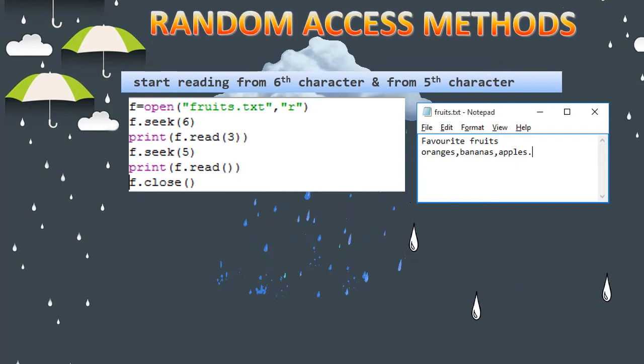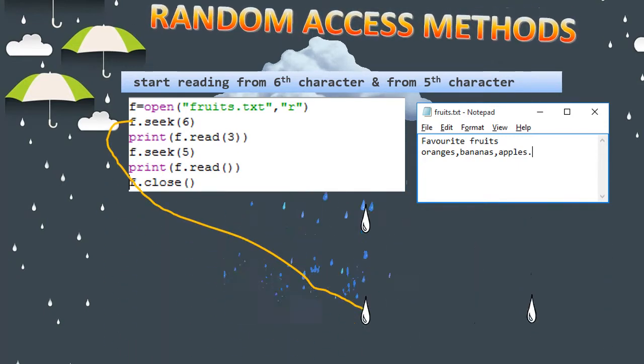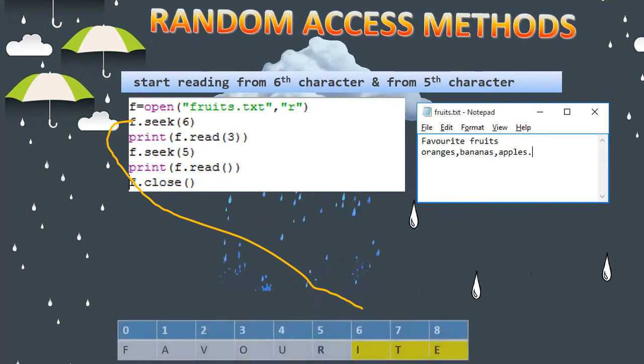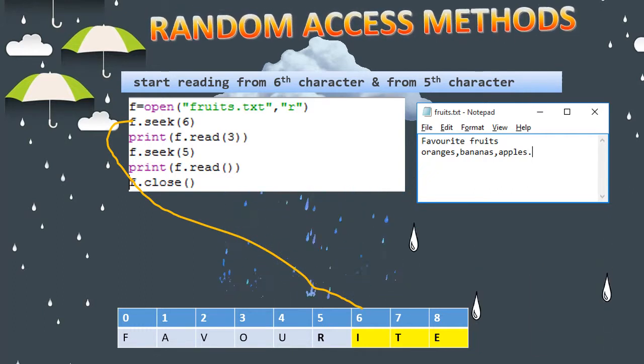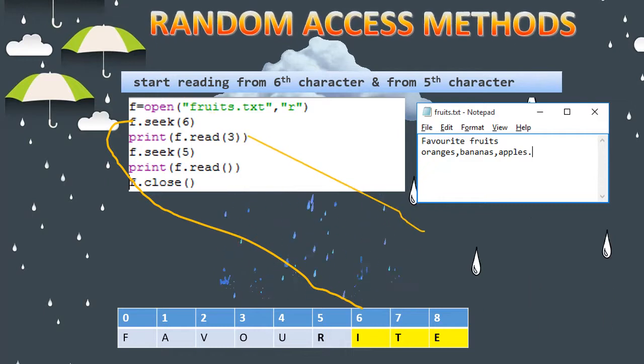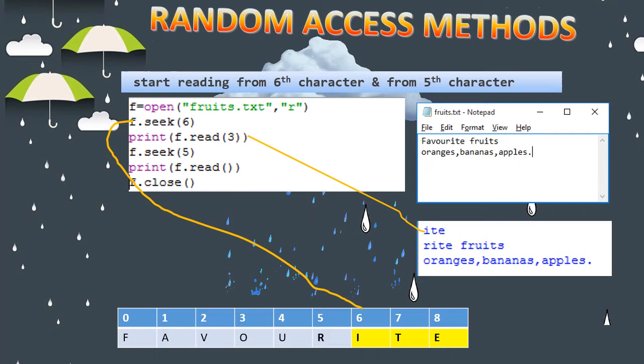So from the beginning of the file, it starts at the sixth position. But print of f dot read of 3 means it will take only 3 characters from the sixth position. So ite alone will be printed.